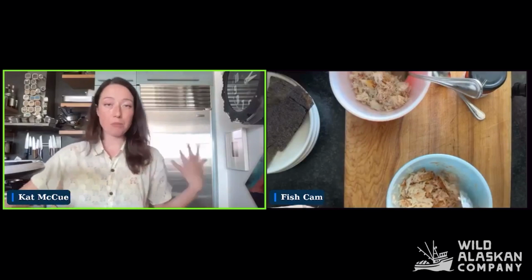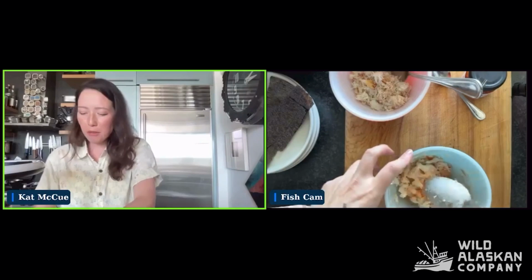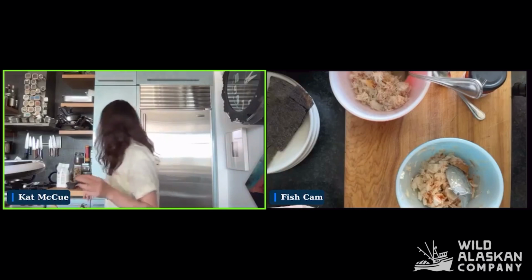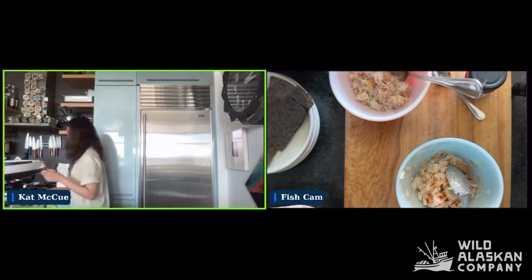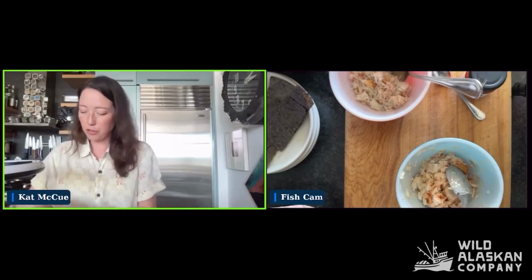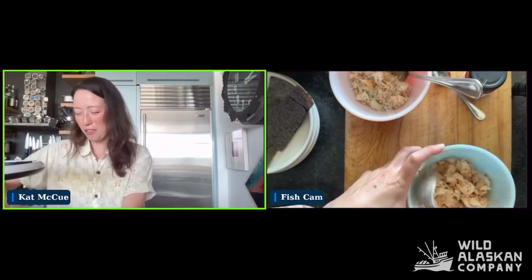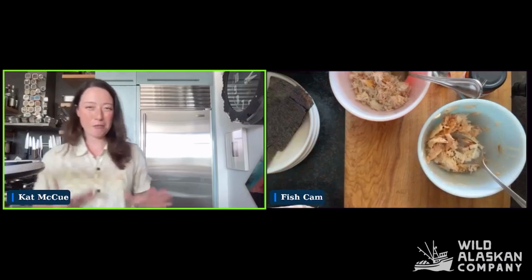From here, you can add a little extra salt, you can add pepper, whatever you really want to do to get it tasting really nice. I think I actually am going to add a little bit of salt to this, so give it a little extra punch. And then the fun and somewhat challenging part is actually using this as a filling and making an